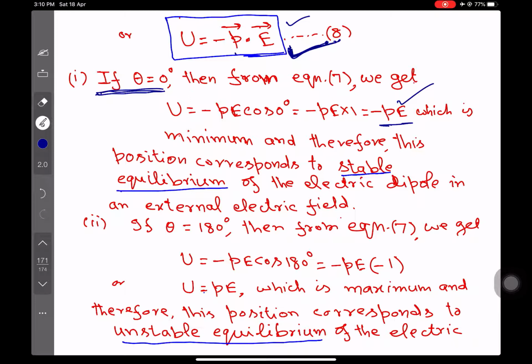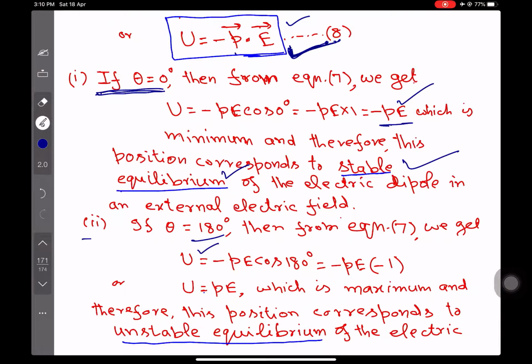And here we saw that if P vector and E vector are in the same direction, then the potential energy of the electric dipole will be minimum, and therefore this position of the electric dipole corresponds to the position of stable equilibrium. That means when P vector and E vector are in the same direction, the given electric dipole is in stable equilibrium. Now second case is that if theta equal to 180 degree, then from equation 7 we get